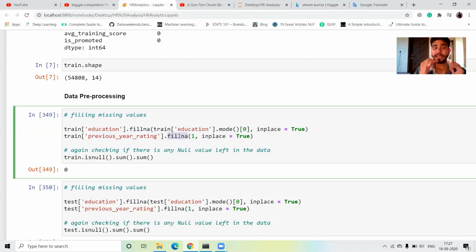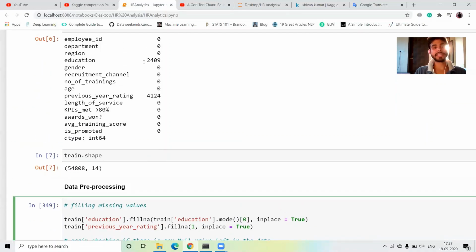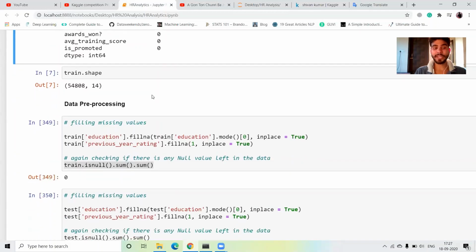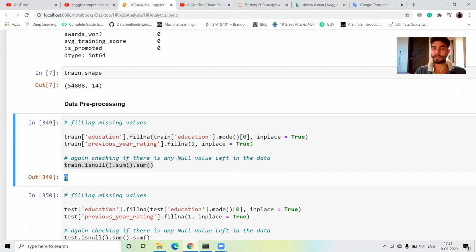I just replace all the null values in the previous rating column with 1, with inplace equal to True, and then I check isnull().sum(). Before filling, 2409 null values were available in education and 4124 in the previous rating column, but after filling, the null count is 0. So we have filled our null values.